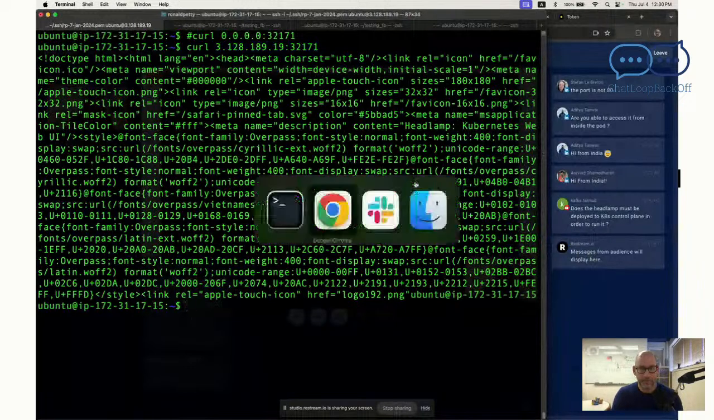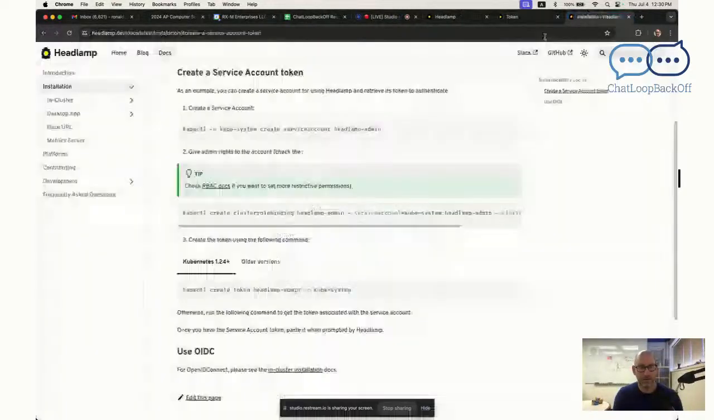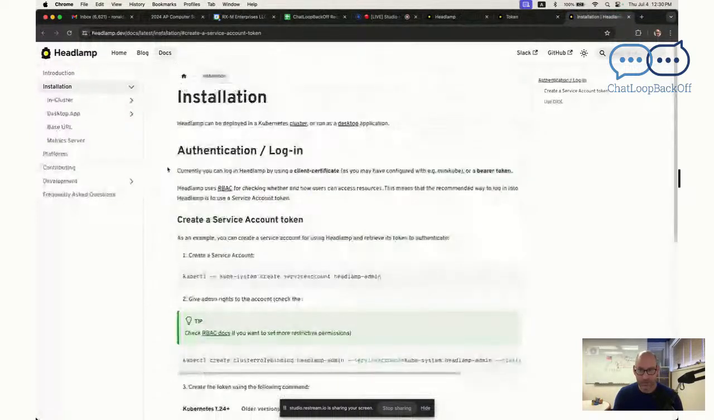All right. So again, what we're trying to do now is see how we can log in here. How to generate a token. Let's see what it says. It's probably going to take us to their docs. All right. Nice looking documentation. Nice and clean. Not too much fluff. I like that. It did link down to the bottom, but let's see. Headlamp can be deployed in cluster or as a desktop app. So we've